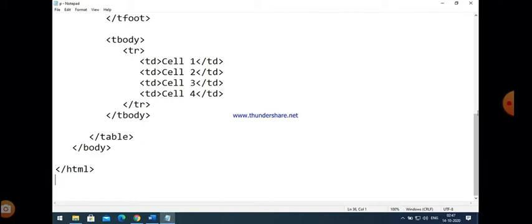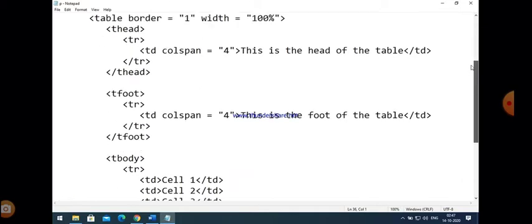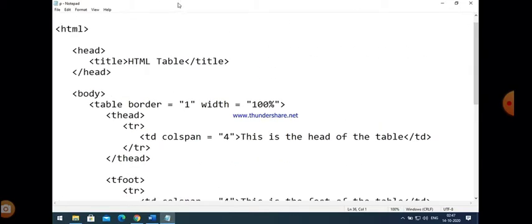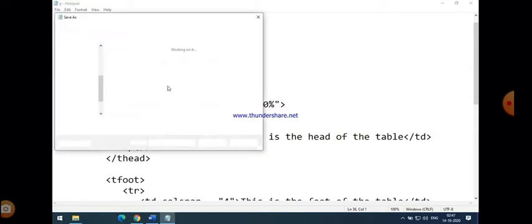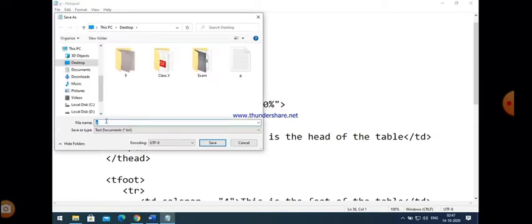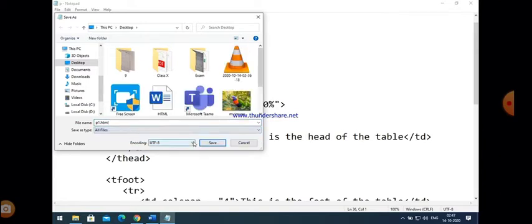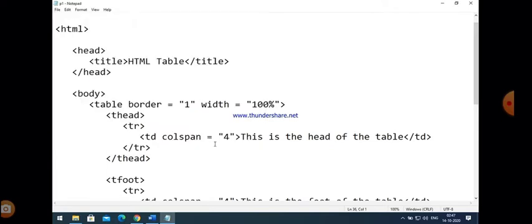So just save the file again using the save as option. First of all, save the file, then save as, and give the name of the file. I just give another name, p1.html, and select all files and save the program on desktop.